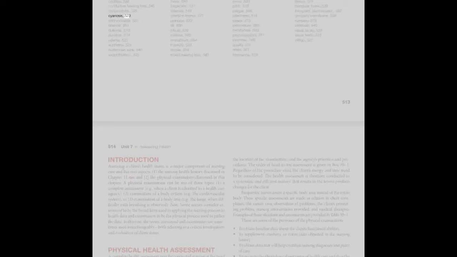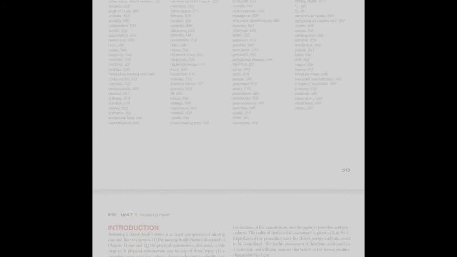cyanosis, dacryocystitis, diastole, dullness, duration, edema, erythema, eustachian tube, exophthalmos, external auditory meatus, extinction, fasciculation, flatness, fremitus, gingivitis, glaucoma, glossitis, goniometer, helix, hernia, hordeolum (sty), hyperopia, hyperresonance, incus, inspection, intensity, intention tremor,